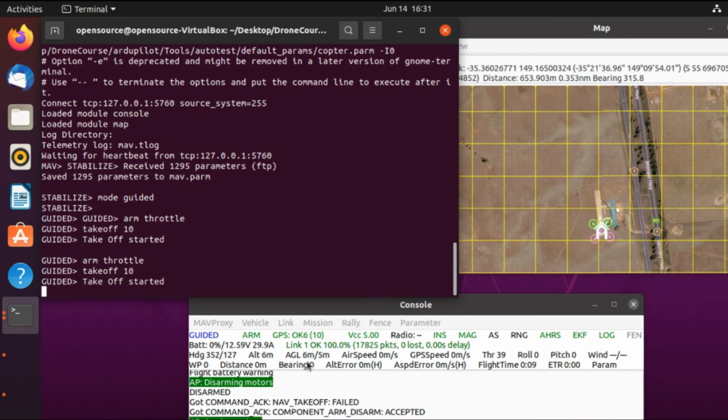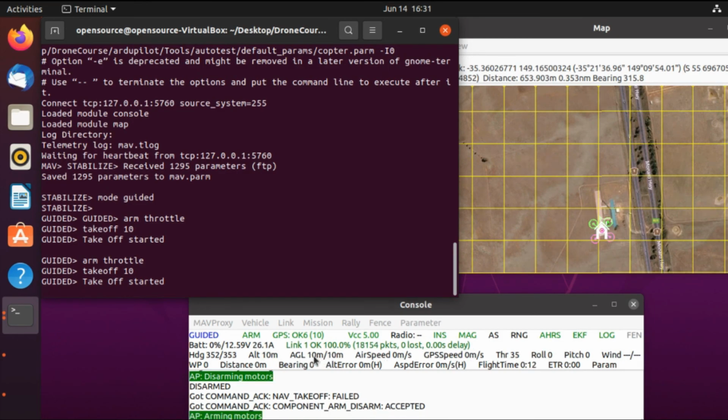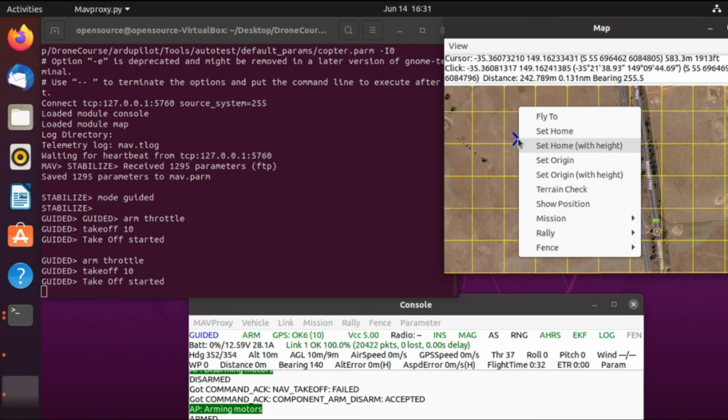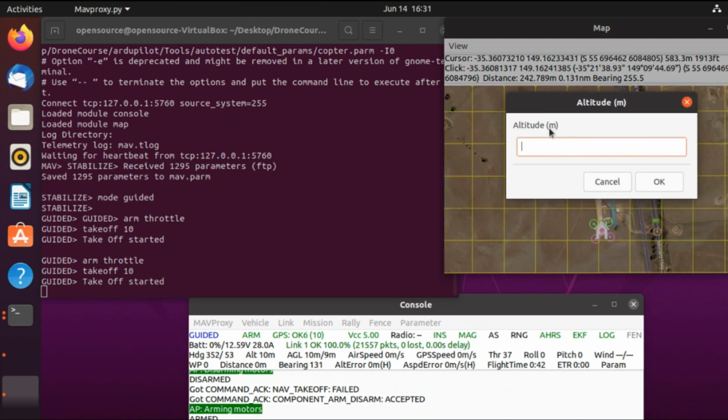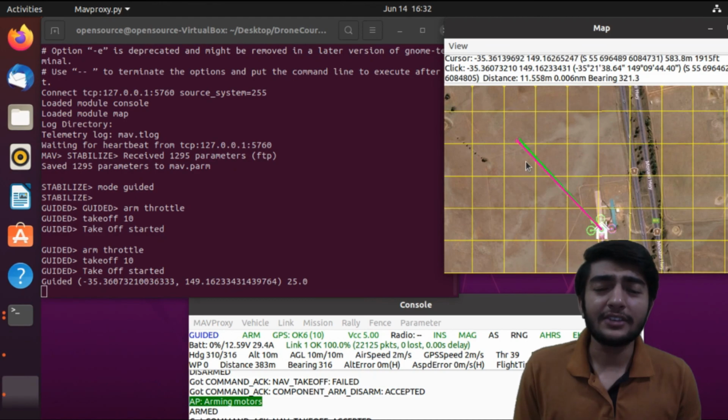So again, the steps for operating the drone are the same irrespective of any GCS. And if you haven't checked out the last video on Mission Planner working, then you might feel confused. So go and check it out for a clear understanding of GCS working. So now if you want, you can command your drone to go to any point because it's in guided mode already. So I guess that's it for this video.